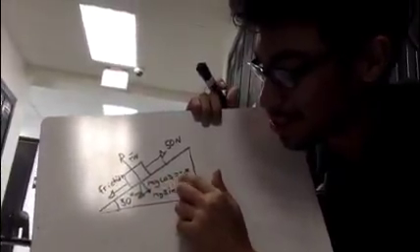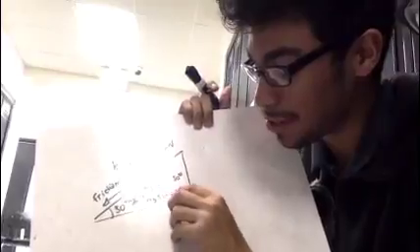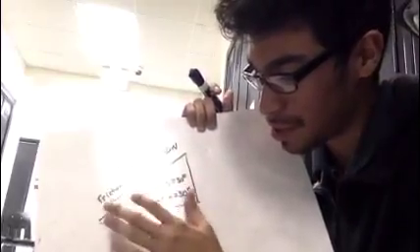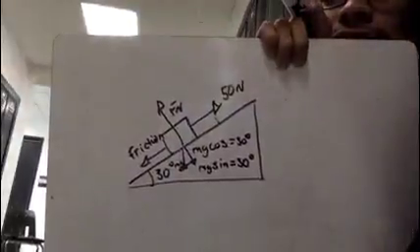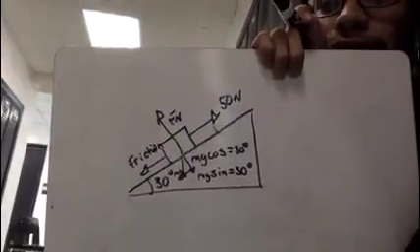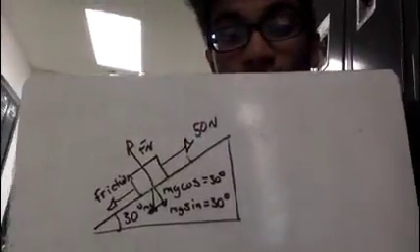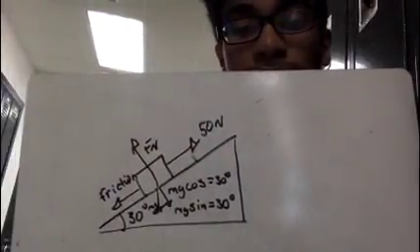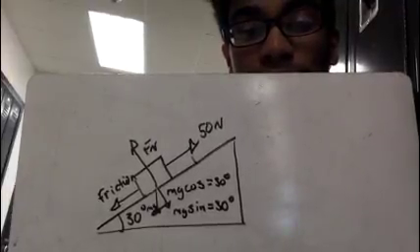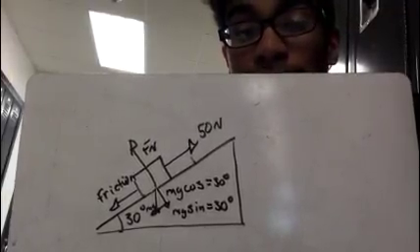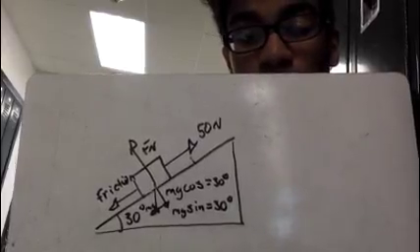mg cosine 30 degrees and mg sine 30 degrees are the two components, with the angle of 30 degrees. Because of its weight, mg, the block experiences a force down the incline of magnitude mg sine 30, which equals 5 times 9.8, which is gravity, times 0.5, which equals